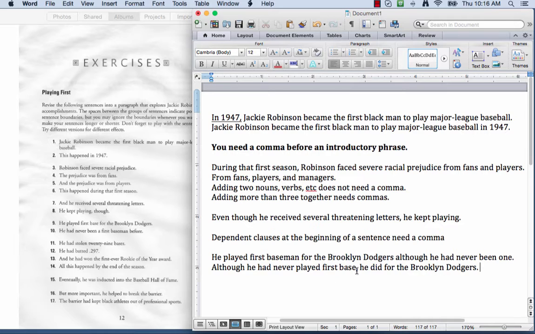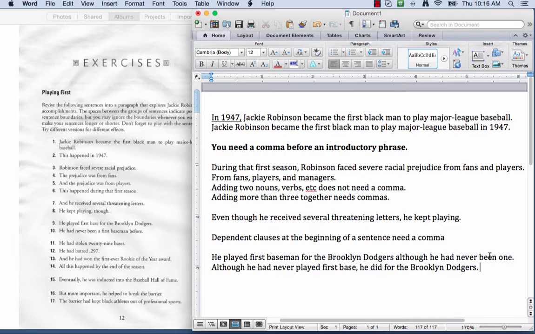So again, I put this at the beginning, then I need the comma, and then I just said he did for the Brooklyn Dodgers because I don't need to repeat first base. The idea of sentence combining is to get rid of extra words, not add the sentences together with a comma